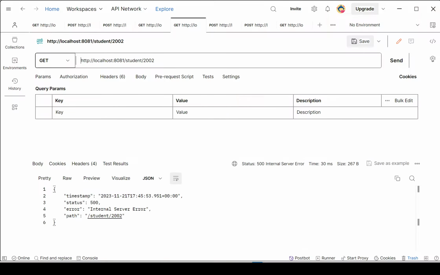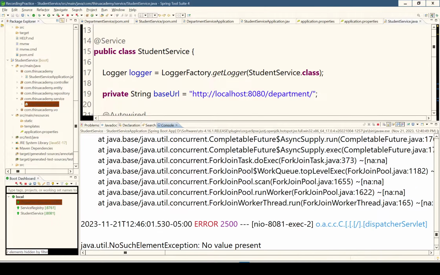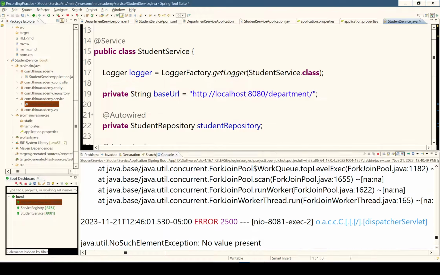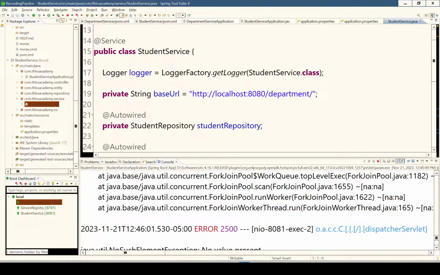I'll send once more. See, no such element exception we are getting, right? Why? Because here we are using localhost. We didn't change it. After registering with the service registry, we need to change localhost